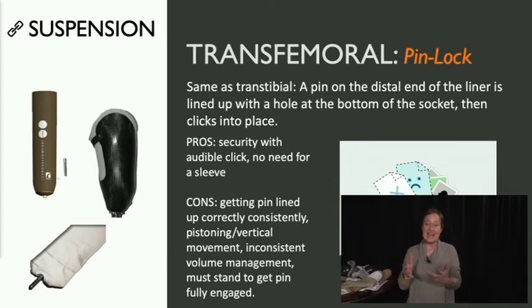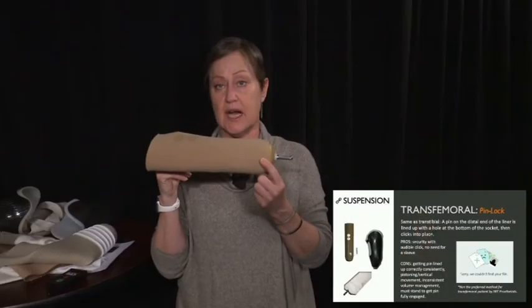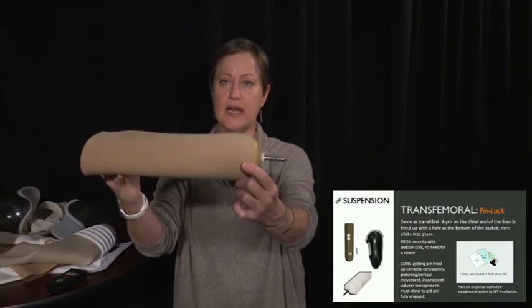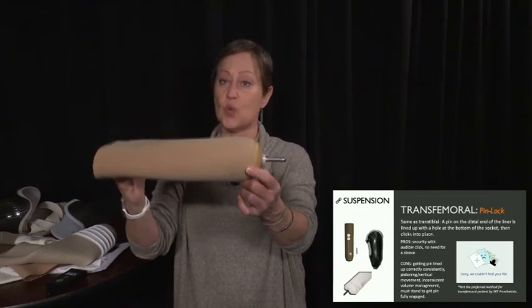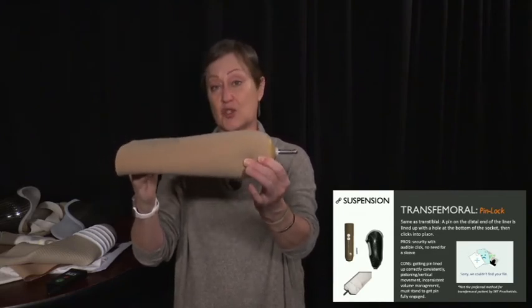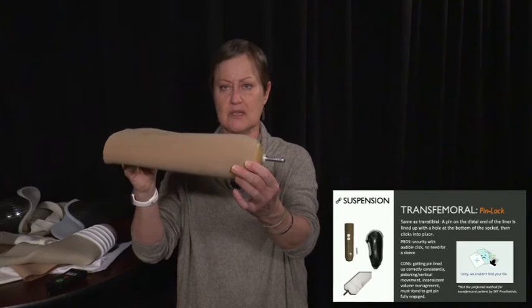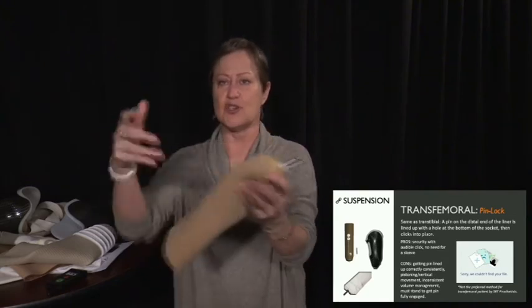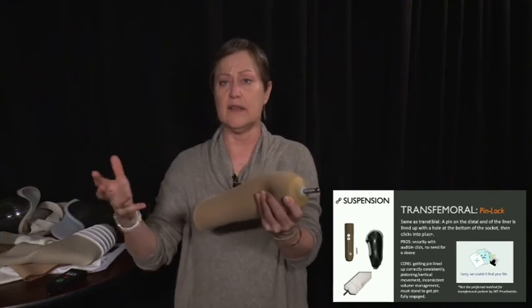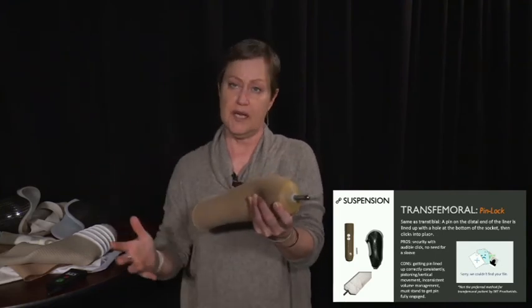But that said, you might find that your local prosthetist might have a reason why they will do it for a particular patient. The problem that I've seen years ago when it was pretty common is that when people are donning that liner, having that pin pointing up or pointing down, really common. And that's true also for the trans tib folks. So they would put the liner on. They couldn't really tell where the pin was. They try to get the pin in the hole in the socket. They're all over the place.